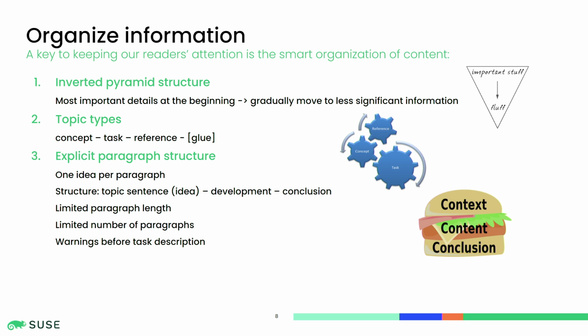The second rule is using the so-called topic types, and this approach has proven itself optimal for technical documentation because it relies on the principle of chunking information into logical parts that are called topics. That's why it's also called topical writing. Indeed, the logic of our subject matter itself tells us to use this optimal structure. So the typical structure would be